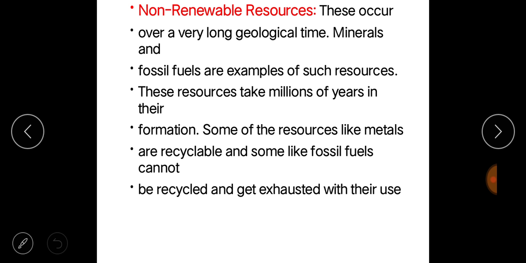Coal. When we study the history of fossil fuels, one of the fossil fuels is coal, and another is petroleum. You also know that once they were living things, and millions of years ago they got buried under the earth and became fossil fuels. So it takes millions of years. Fossil fuels cannot be recycled, they cannot be used once they are exhausted. That is why we should use non-renewable resources judiciously for their continuous use.